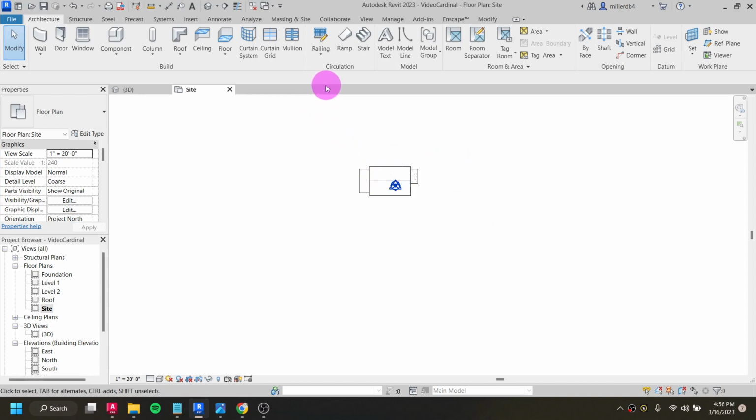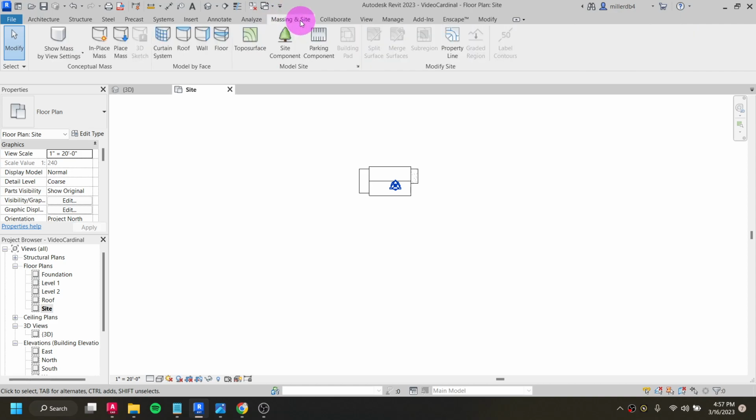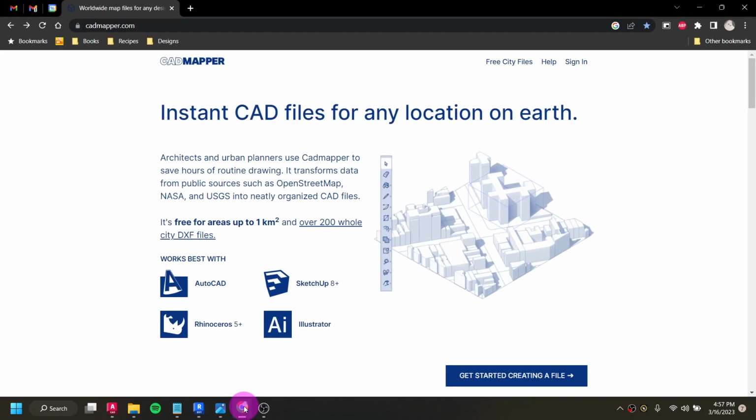And then in order to create a site, I need to go into the tab up here called Massing and Site. So the first thing I'll do is just show how to make topography yourself manually. And then I'm not going to delete it, and I'm going to do a topography from an export. The website I'm going to use to do my export is this one here, cadmapper.com. You do need to make an account to use CADmapper, but it is free to make an account as a student, provided you